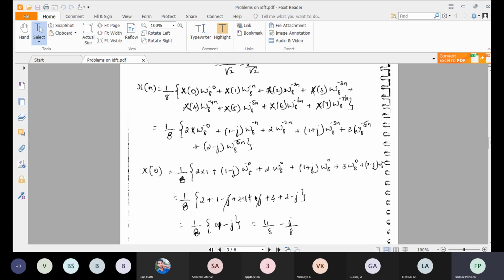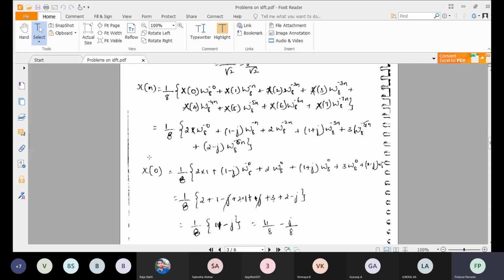Okay. So what is x of 0? It is given in the question. So substitute all those things. The sequence x of 0, x of 1, x of 2, x of 3, x of 4, x of 5, x of 6 and x of 7. So after substituting, you'll be getting this sequence. So in this equation, what you have to do is put n is equal to 0. So for n is equal to 1, n is equal to 2, n is equal to 3 till 7 you all have to substitute and do this.